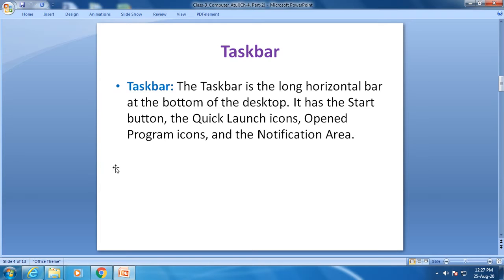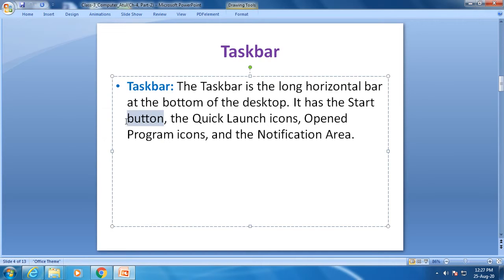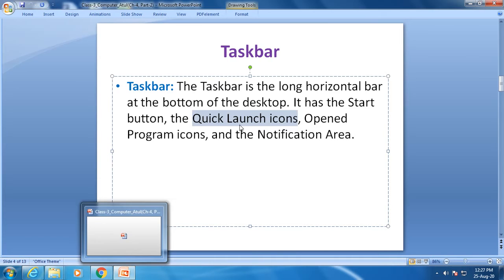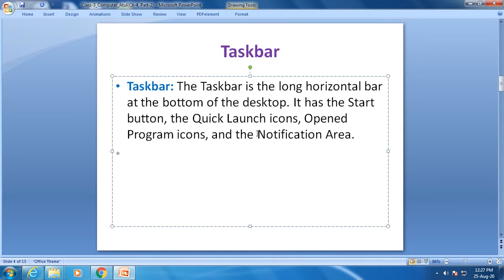As you can see over here, it is the start button, and these are quick launch icons. Open programs, the programs which are opened, you can see over here these files are open, so you can see a preview of these icons. Fine. The right side area is called the notification area.